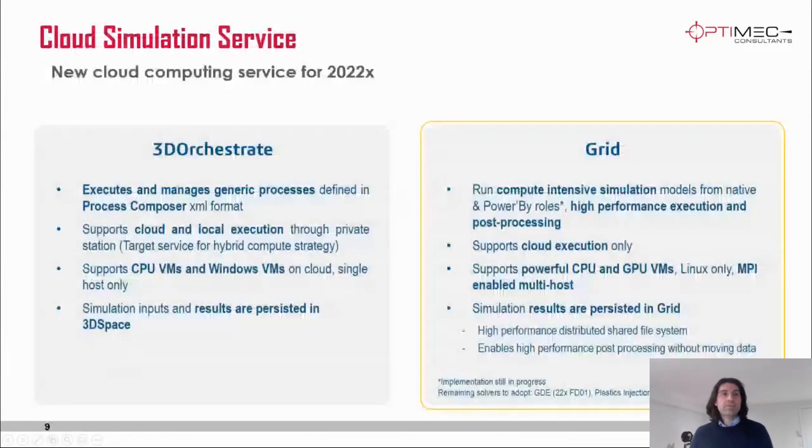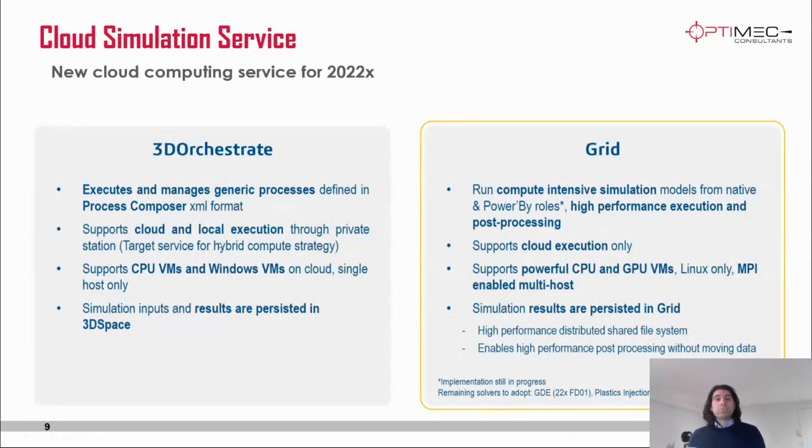Next session is about the new cloud compute service. Essentially, Dassault Systèmes introduced a new compute service a little more than a year ago, around summer last year. This is a new infrastructure they call the grid. What it means for the user is that you can have access to more powerful CPUs, GPUs, and you can run on more core counts now. We can go up to 1,000 cores in some specific roles.